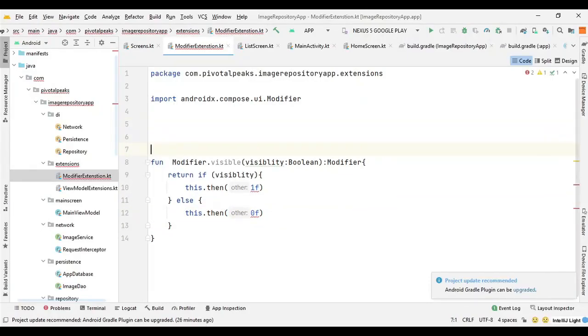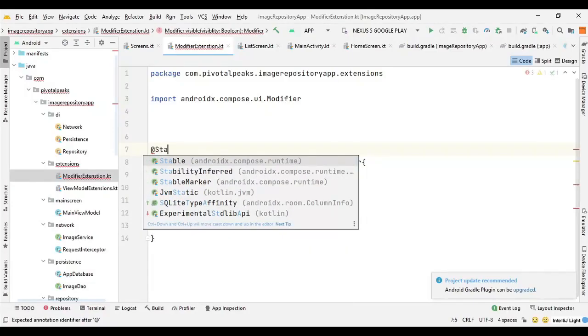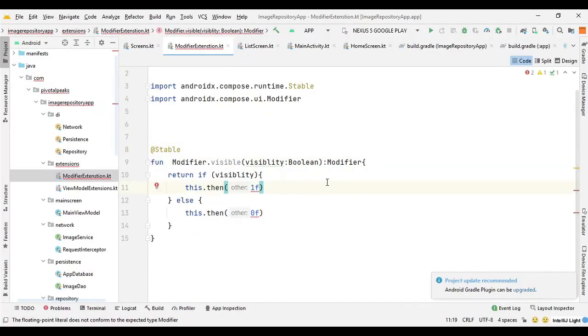Okay, we need to annotate it with @Stable, and here we need to provide the alpha.